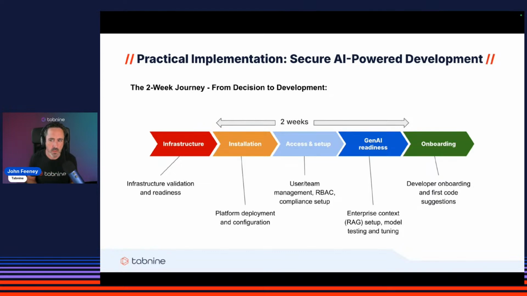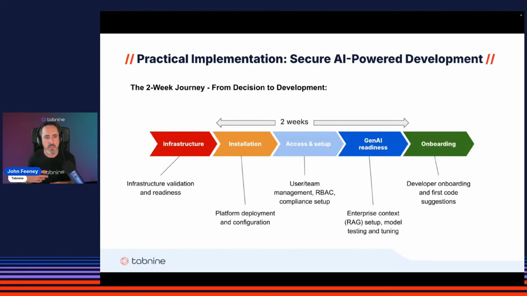And then finally, we're at the point where the developers are ready to come on board. Here the developers will install the plugin into their IDEs. So VS Code, IntelliJ, Eclipse, Visual Studio, you name it. And they authenticate and start coding, right?